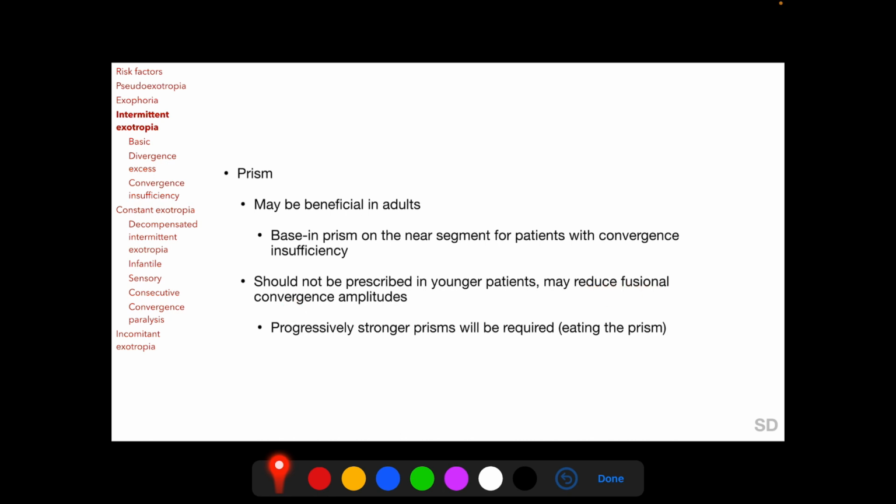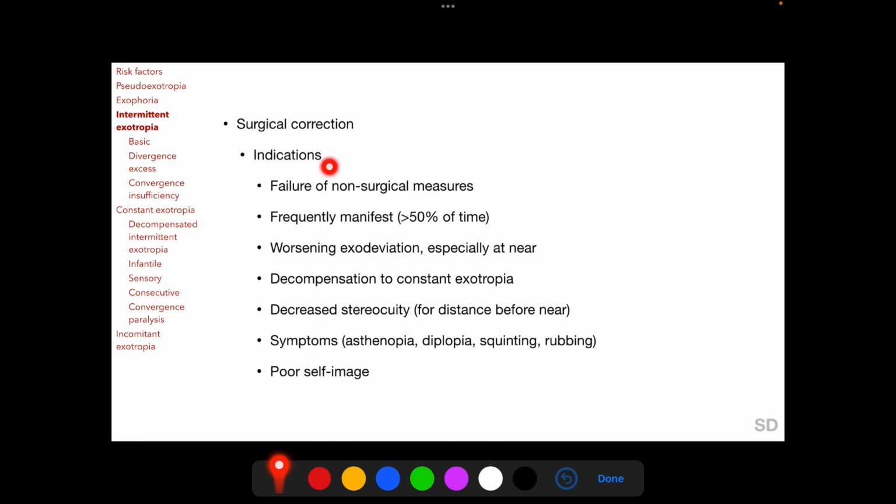And with progressive reduction in the fusional convergence amplitudes, progressively stronger prisms will be required in these patients to control their exotropia, and this is called eating of the prism. Indications for surgical correction of intermittent exotropia include failure of non-surgical measures to efficiently control the intermittent exotropia,